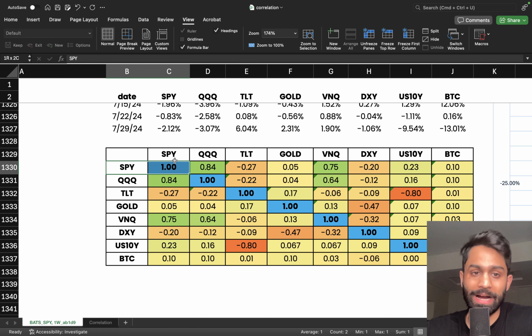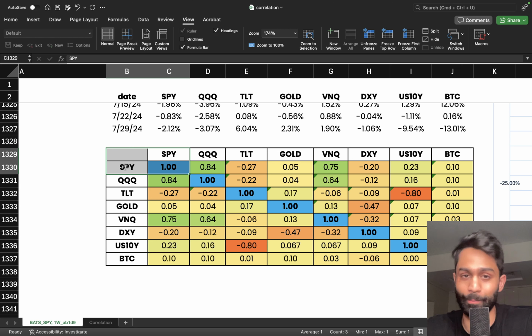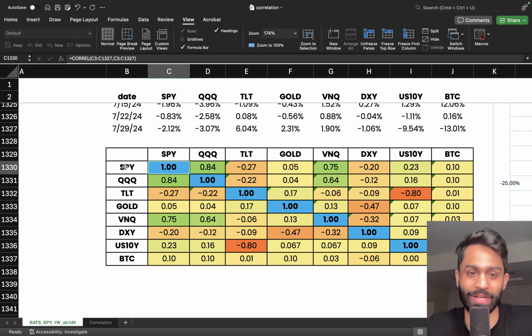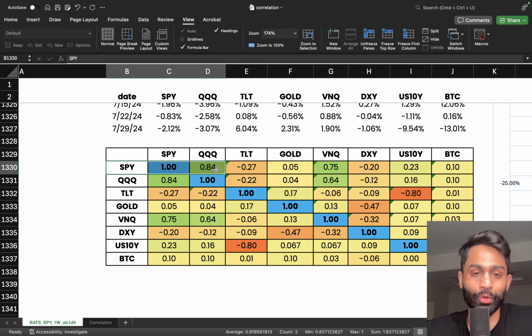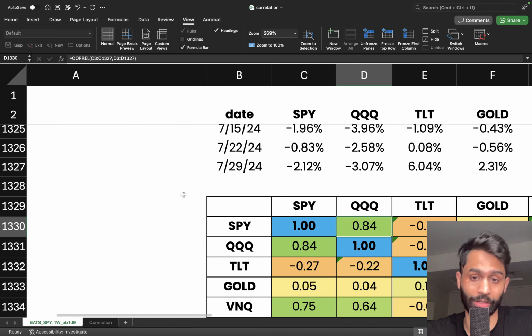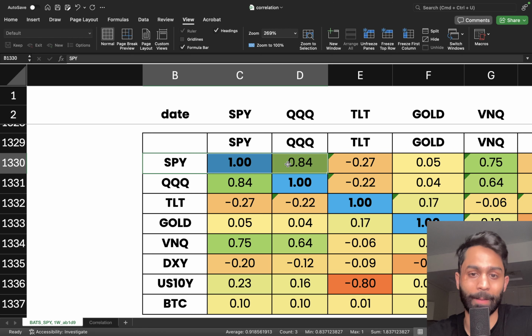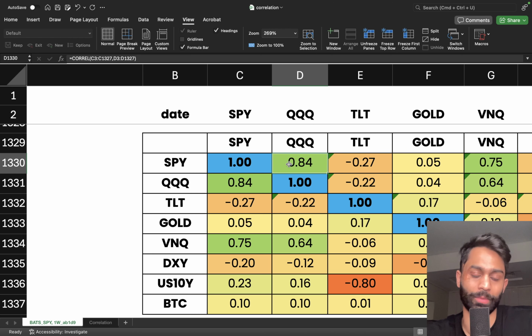So if you look at SPY with SPY, obviously that's going to be 1-to-1, because it's the S&P 500 and we're comparing it with the S&P 500, right? So they're perfectly correlated, because when SPY goes up, SPY goes up. When SPY is compared to QQQ, the NASDAQ 100, you'll notice there is a positive correlation of 0.84. So not everything is going to be a perfect 1 or perfect -1. They're going to be somewhere between -1 and +1, as I mentioned. They can be 0.4, 0.5, 0.7, 0.8. In this case, we've got a 0.84 positive number between SPY and QQQ.